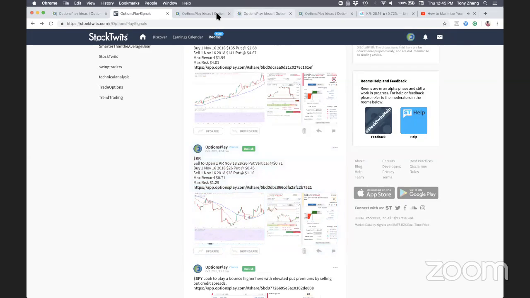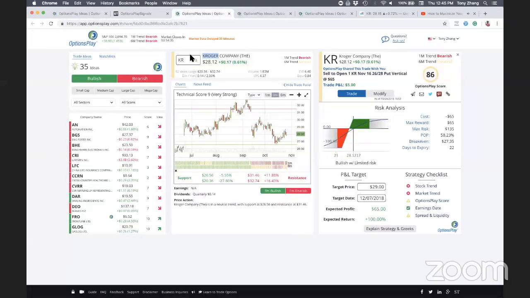So this is really designed to take a lot of the work of researching which stocks are bottoming or finding oversold signals out of your workload, because we are generating a lot more signals than we are generating credit spreads. A lot of the time you might find a stock that you think is bullish, but you're not able to find the optimal credit spread for that, or you're not able to find a credit spread that meets your risk reward ratio.